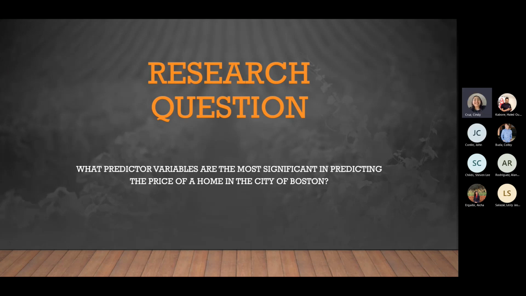All right. As for our research question, we will be looking into which predictor variables are the most significant in predicting the price of homes in the city of Boston. As we previously discussed in the previous slide, we have 13 predictors and one dependent variable for a total of 7,084 instances. Now, if you go ahead and look at our next slide,